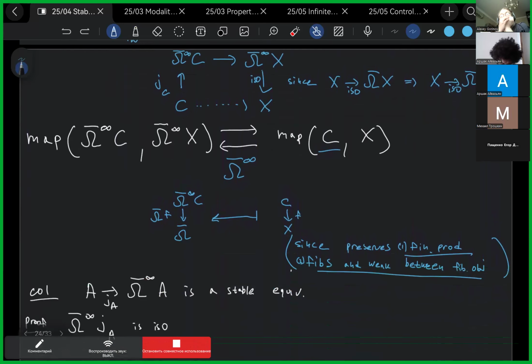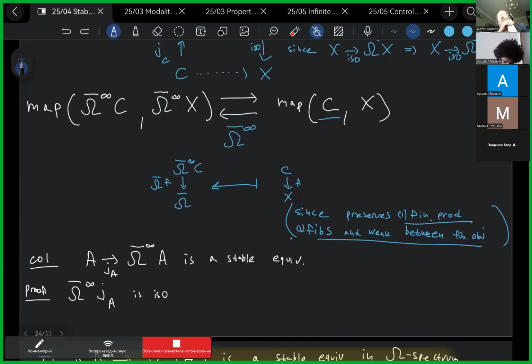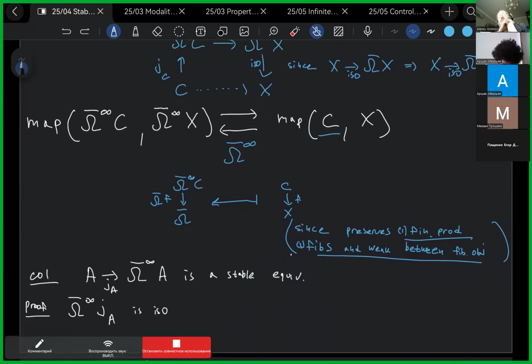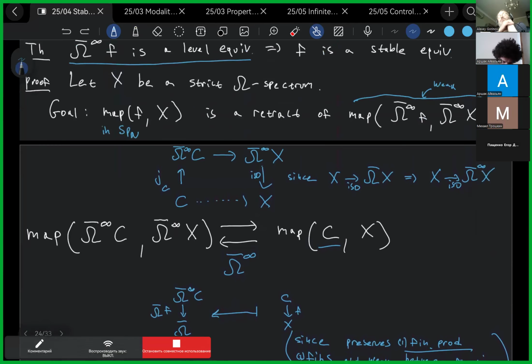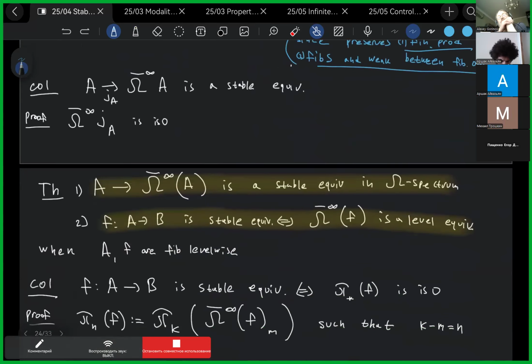In particular, this means that this map is a stable equivalence. So it's really a fibrant replacement, not just some functor which gives us some fibrant objects, because if we apply this functor to this map, it will be an isomorphism. Finally,